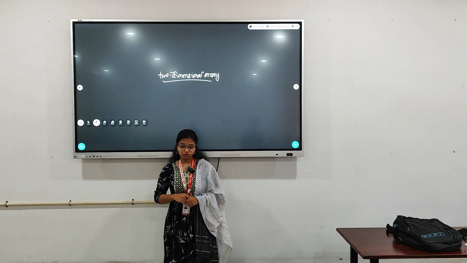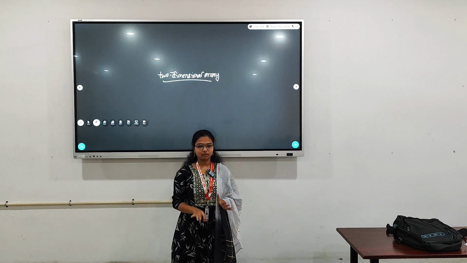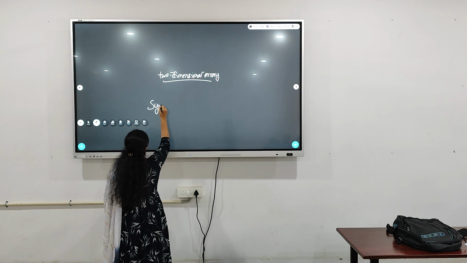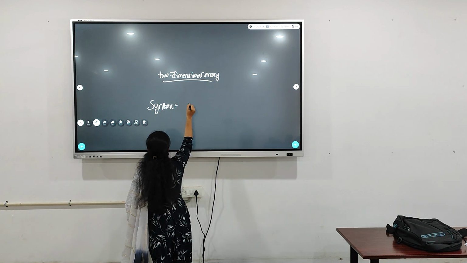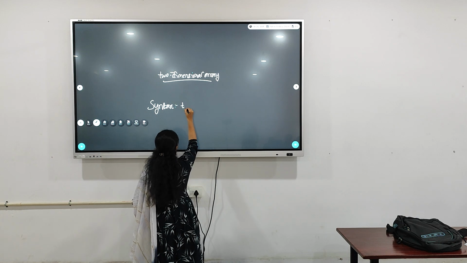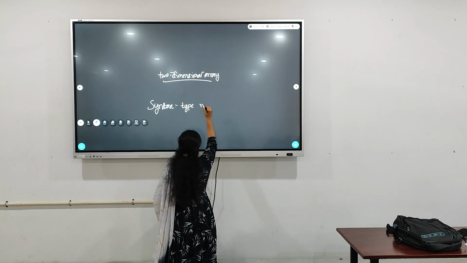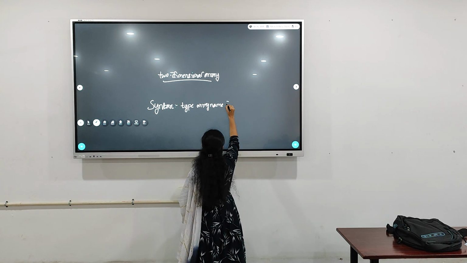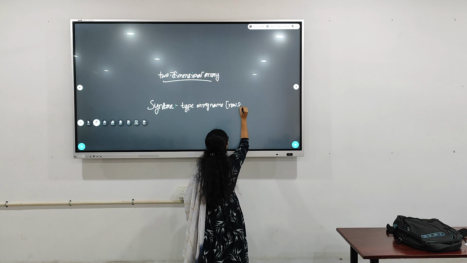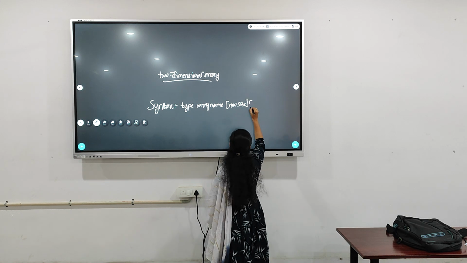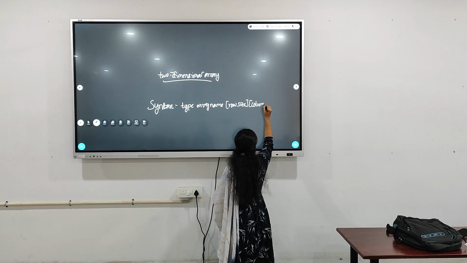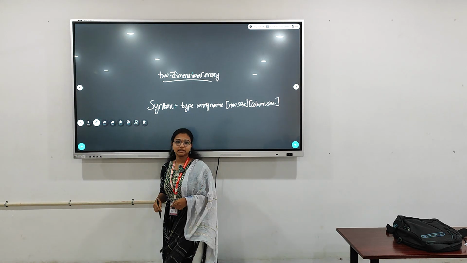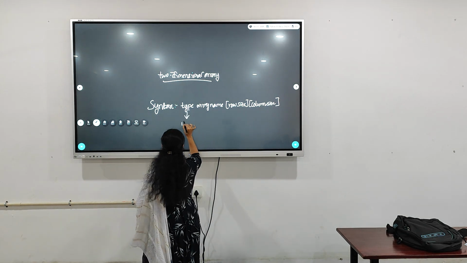A two-dimensional array is in the form of rows and columns, and the syntax is: type, array name, row size and column size. Here, type means data type